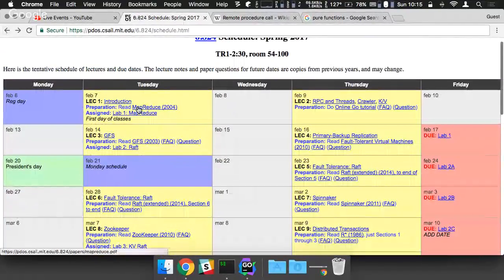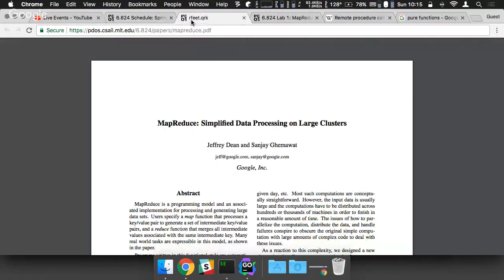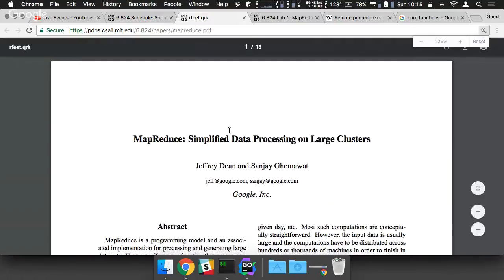Yeah. Read the paper, the lab. Well, let's open the paper real quick, and then we'll read the abstract, and then take a look at the lab, because the lab is probably more interesting than the paper at this point. Yep. For people who don't know who Jeff Dean is